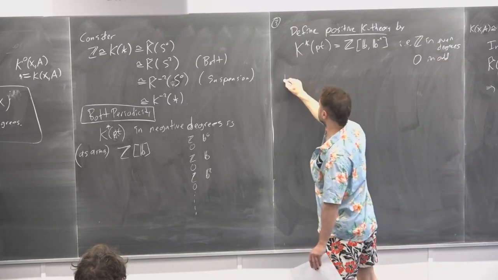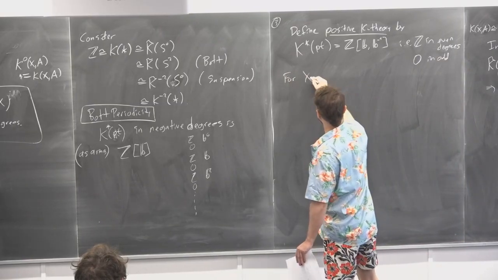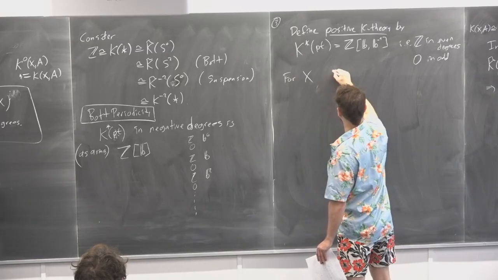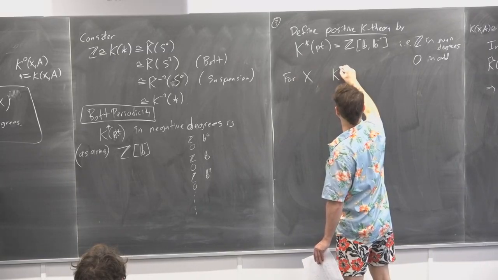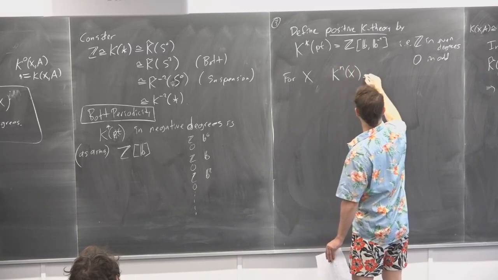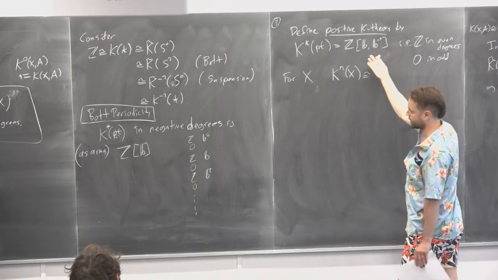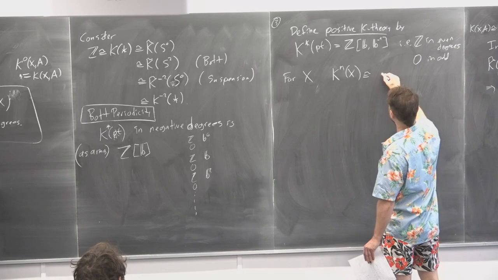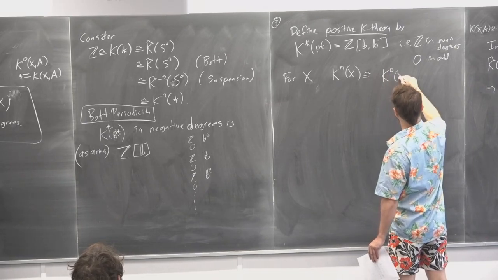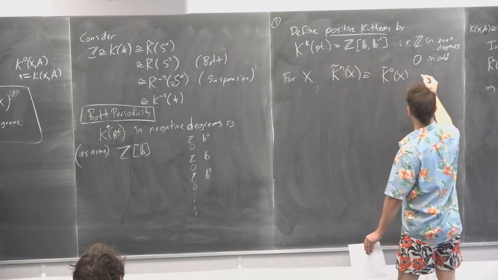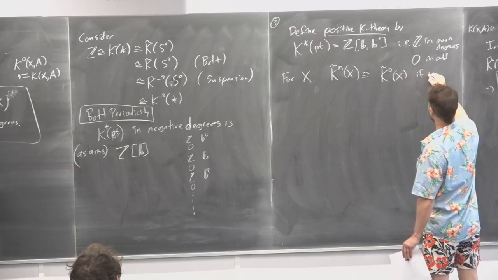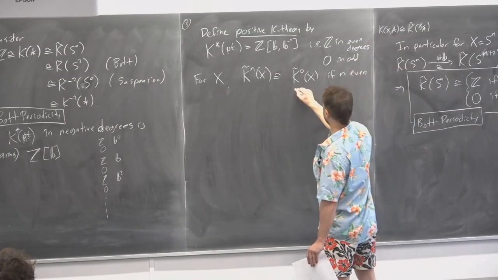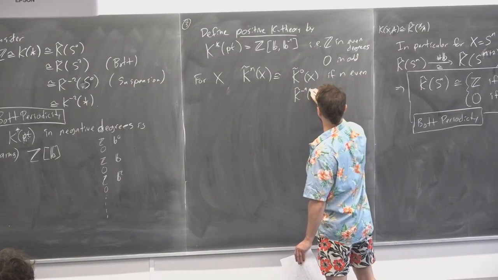Then for X, we would say that K^n of X is isomorphic, via multiplication with the Bott element the right number of times, to K0 of X, let's use reduced, it's more correct, if n is even, and K minus 1 of X